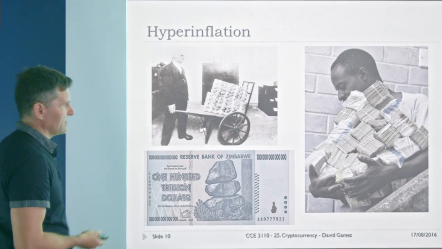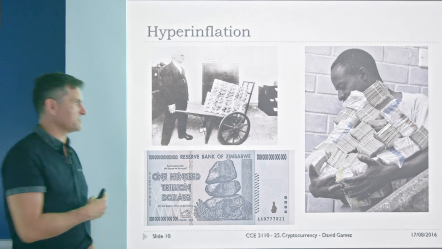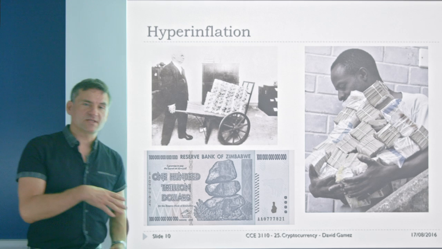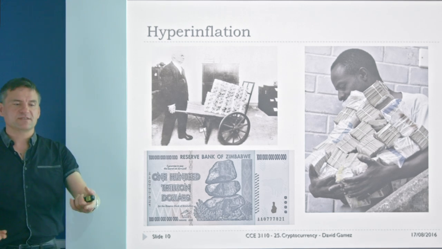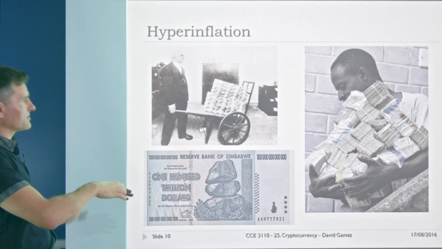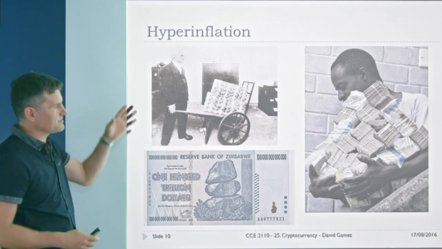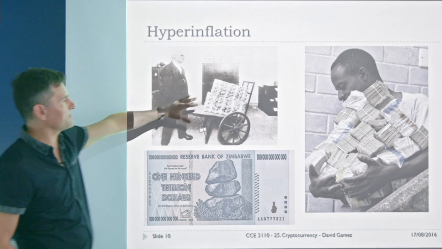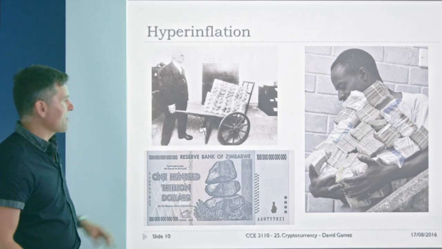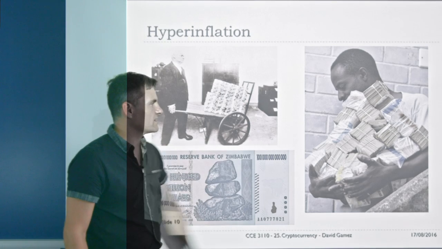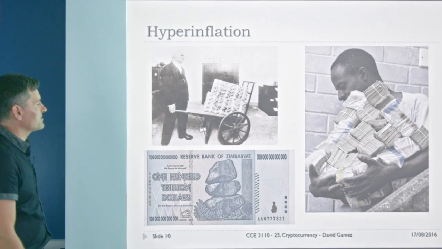So this is what you get if the government doesn't limit the supply of currency and just prints and prints more money. During the time of the gold standard, they couldn't do this because the currency was linked to a fixed amount of gold. But once it's no longer tied to gold, they can print as much as they like. And if they don't do that carefully, you get the hyperinflation that you got in Germany after the war. That man's probably off to buy a pint of milk or something. And then more recently Zimbabwe had a similar problem. Chap off to the supermarket to get a loaf of bread or whatever.